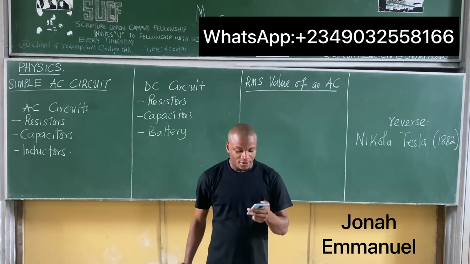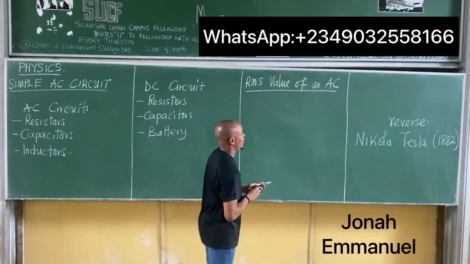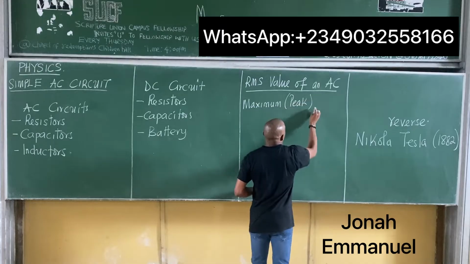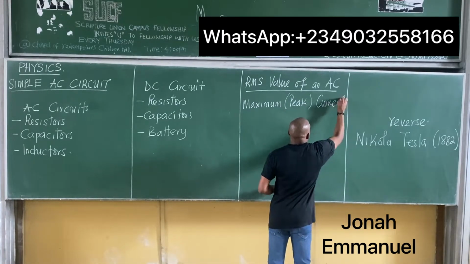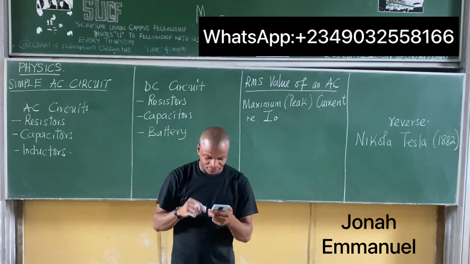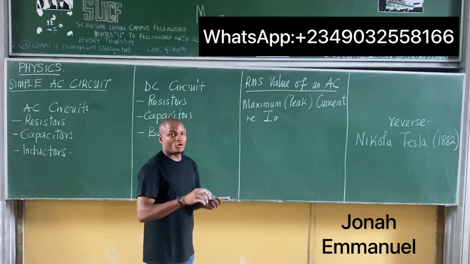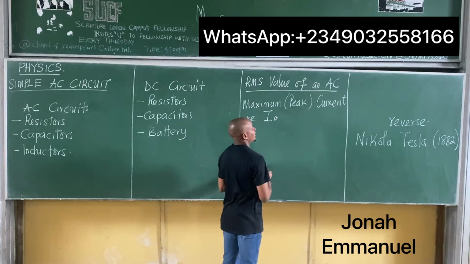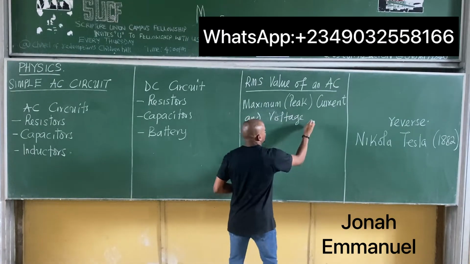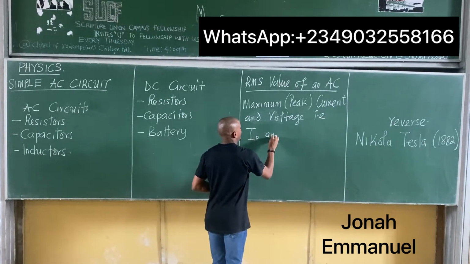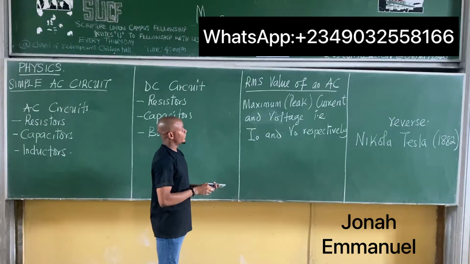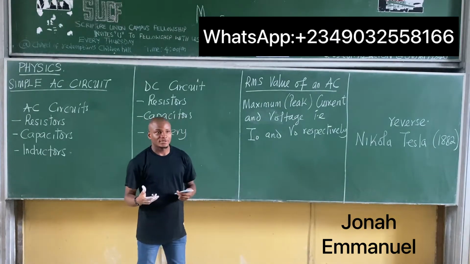Take down please. Given the maximum RMS value of an AC. Given the maximum, that's peak current and voltage, that is I naught and V naught respectively,